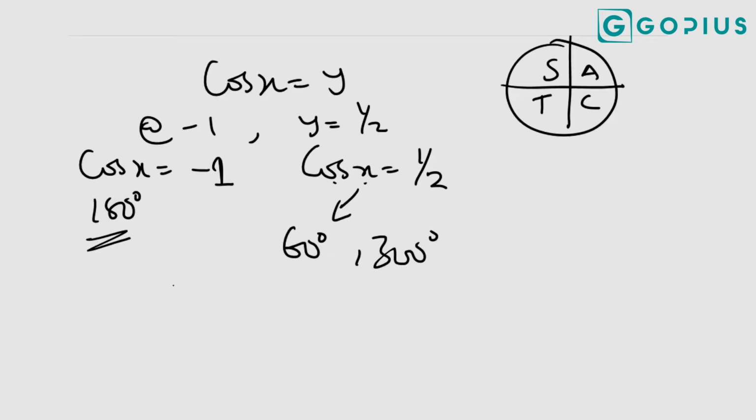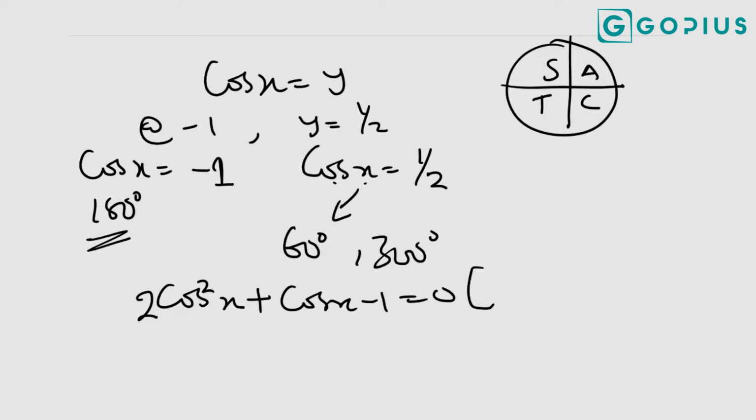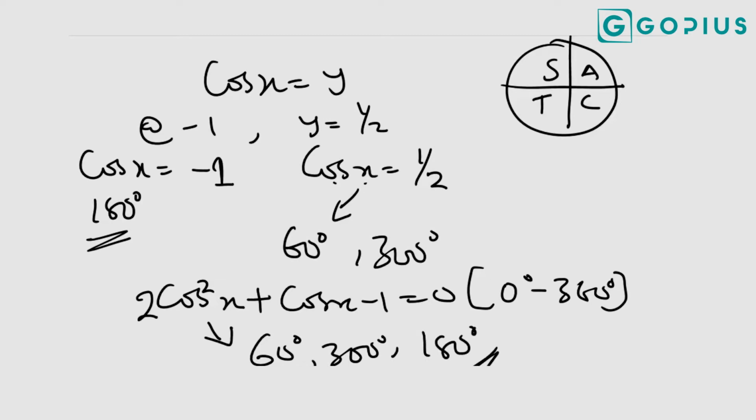Alright, so as far as that trigonometric function is concerned, 2 cos squared x plus cos x minus 1 equals 0, for 0 degrees to 360 degrees, the solutions are of course 60 degrees, the next one is 300 degrees, and also 180 degrees. These are the solutions to that trigonometric function, which sometimes in an exam scenario you can be asked to write this